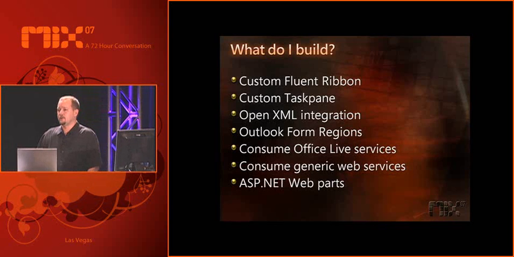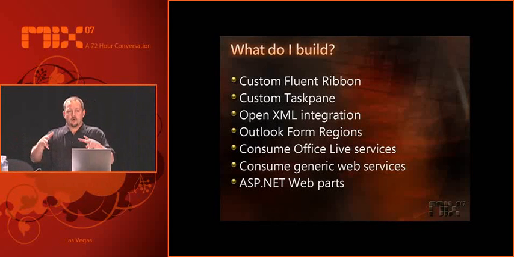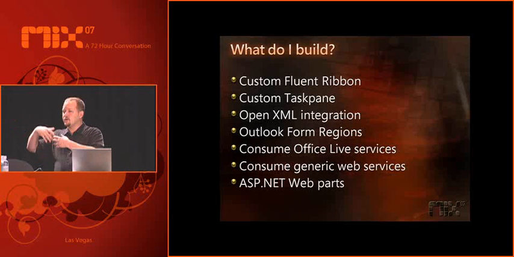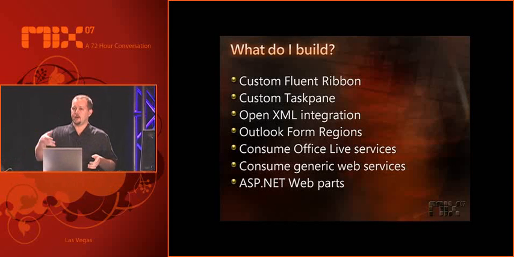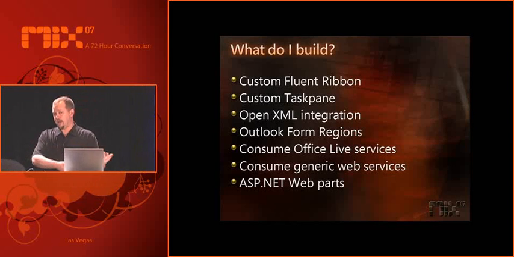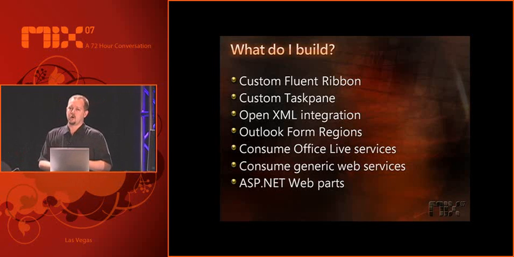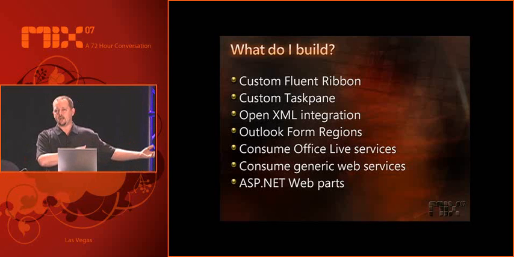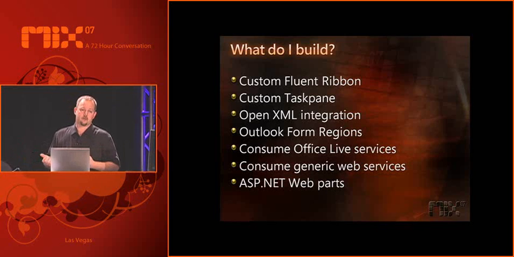Outlook form regions. You'll see a lot of examples of this in demos coming up. All those screenshots that I showed you are custom Outlook form regions. It's about taking email to the next level, building those custom apps. We've referred to it as a form region, but literally that form region is basically a user control. And that user control can be two things: a base class .NET user control, or a WPF user control. So all the things that you're learning about here this week, you can totally use natively inside of Outlook.